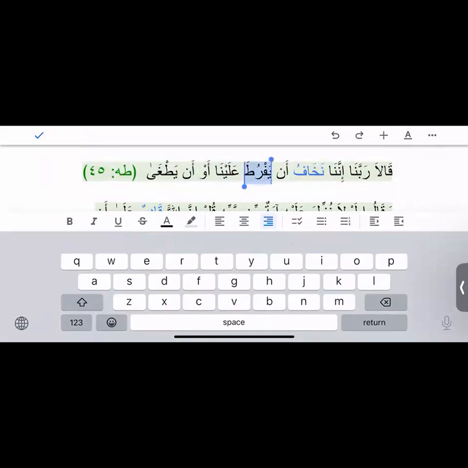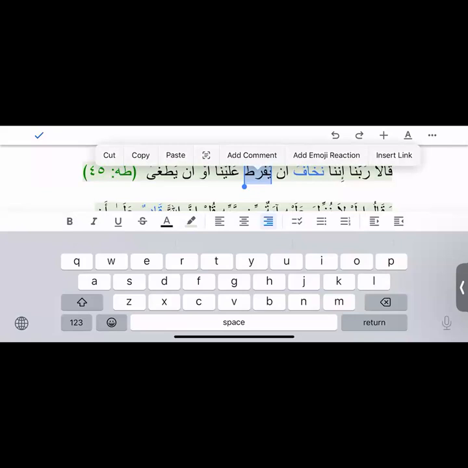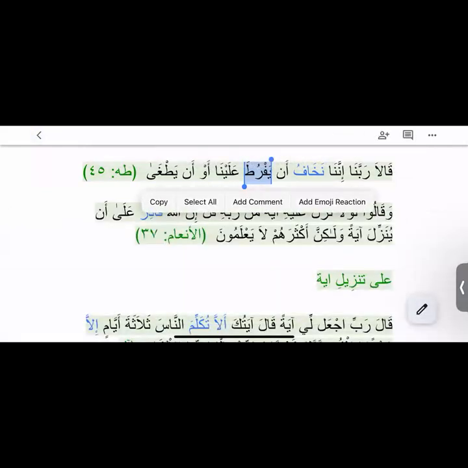Yafruta, fail, mudare. Who is the fail? We are going there. Let's just do things one by one, right? Easy. Yafruta has a huwa, that is a hidden pronoun. Damir mustatir huwa. Status is nasb bil fatatu zahira. Alayna is going to be jar wal majroor. Can I call it mutalik bil fail? Mutalik bil fail yafruta, right? And everything will remain connected.